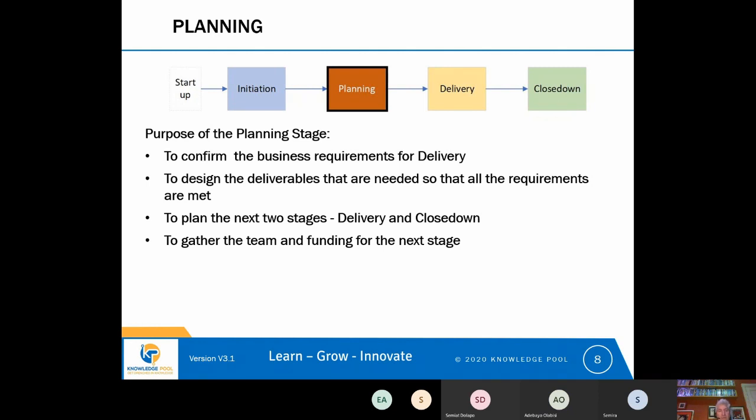So the design element within planning is really making sure that we have some idea of what it is we're going to build. And we need to think about the design stage if we're using Agile, because in the same way that Agile would discover most of its requirements during delivery, Agile would also do most of its design work during delivery as well. So the design that we would do during planning,